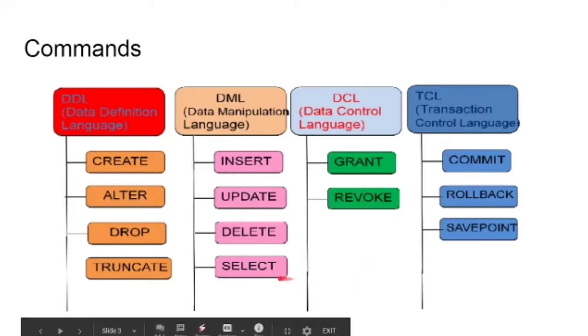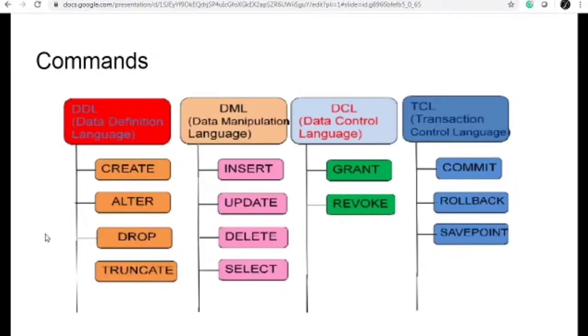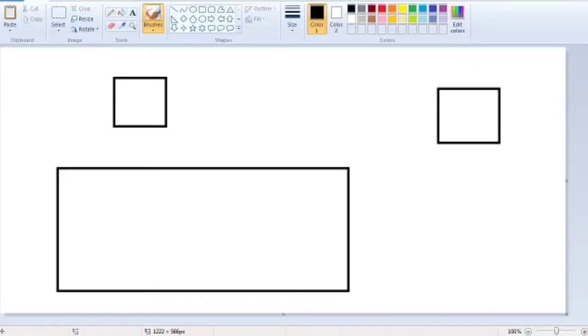Let's start with a quick recap of what we learned till now. Okay, now see this. We have a database with us and data with us, and we have a situation that we have to store this data into this database in the form of tables.